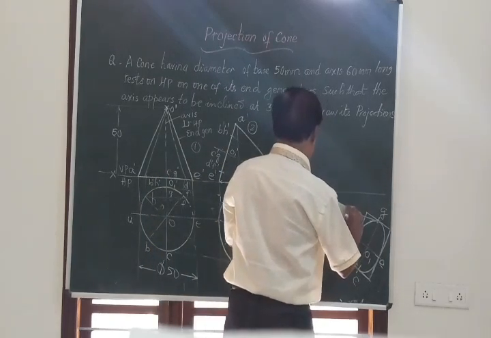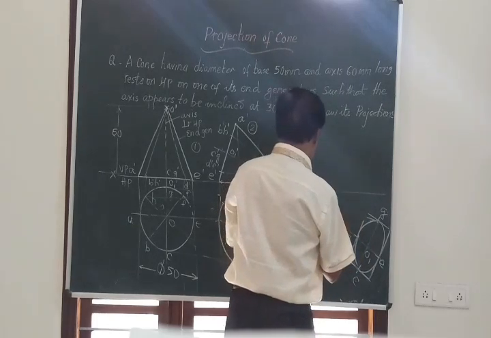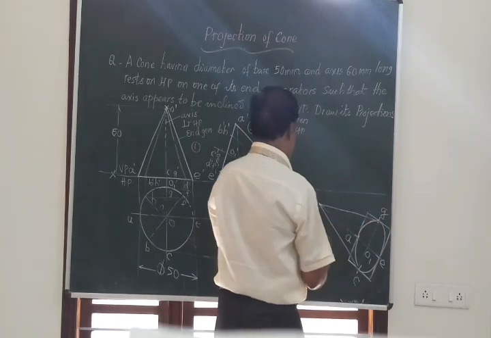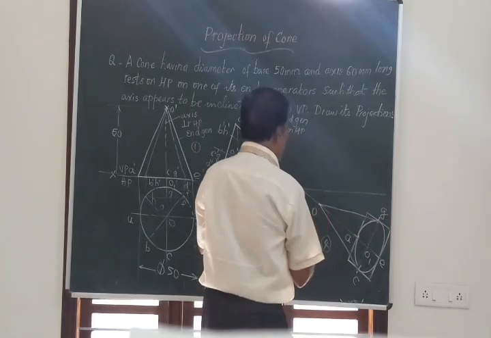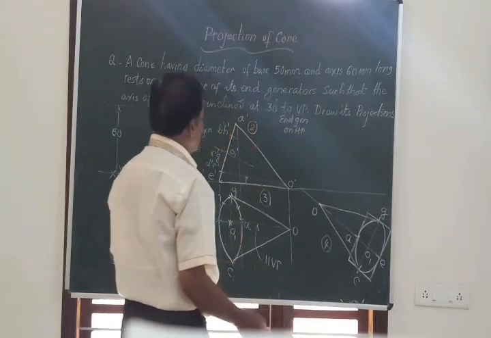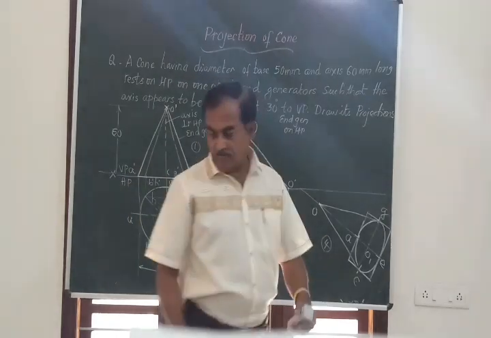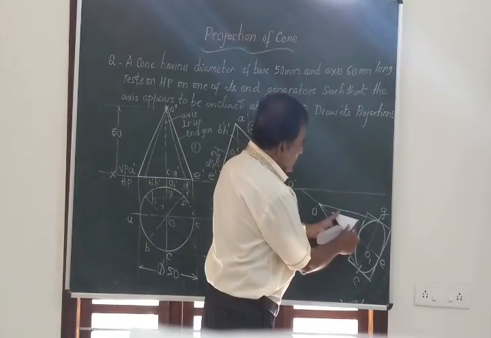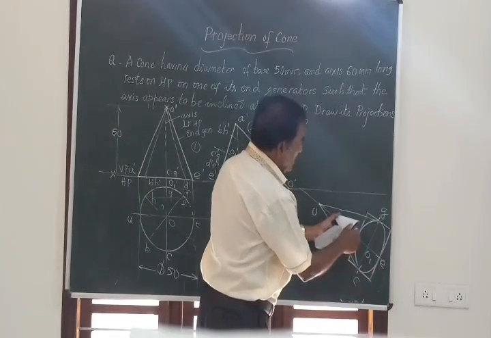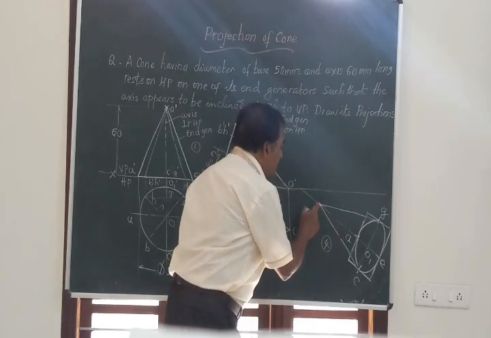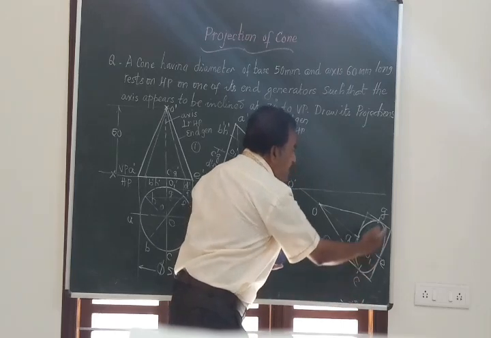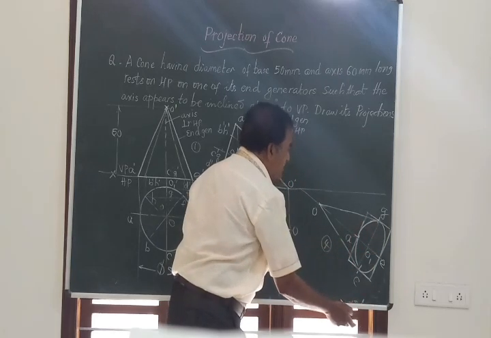So after getting this figure, now finally I should get the front view of the solid. How to get that? This is our vertex O. The procedure is very simple. It's in the base of the solid. See, I have drawn this figure like this. Assume that the observer is walking here. Here in this problem, the vertex or apex of the solid is nearer to VP, whereas the base of the solid is nearer to the observer. So here the complete base of the solid is visible to the observer.